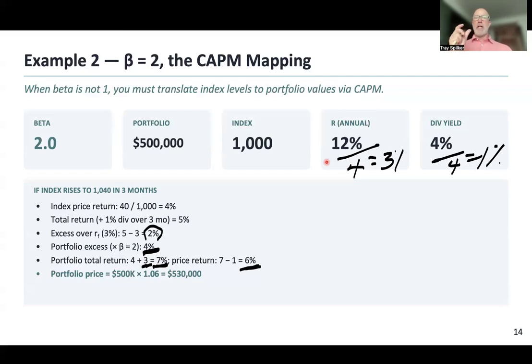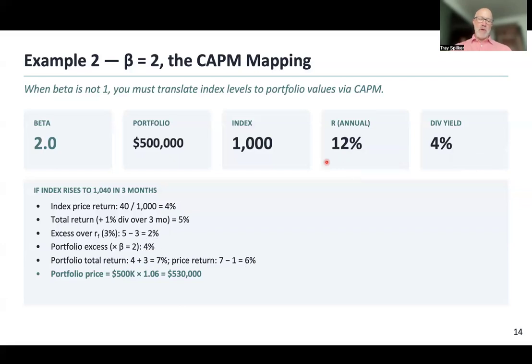And we will have received 1% in dividend, right? But what we want to know at the end of this period is the actual value of the portfolio in terms of the stock holdings, right? And so the actual portfolio price in this example is going to be the combination of the growth of our $500,000 at that 6%. Again, we received a 1% in cash, but that's not invested. So the total portfolio value at the end of this period is